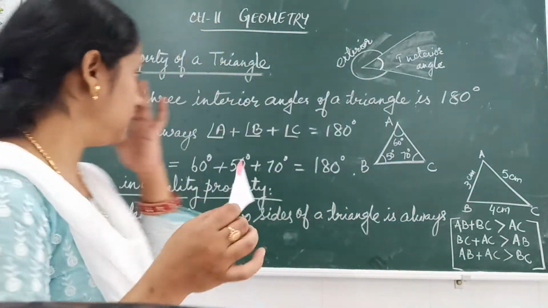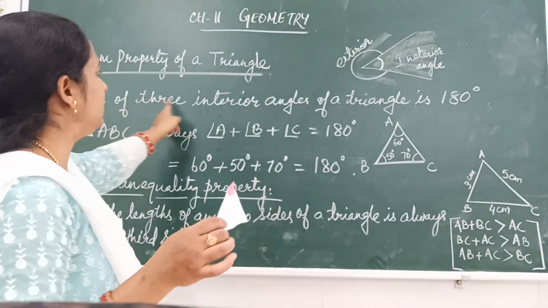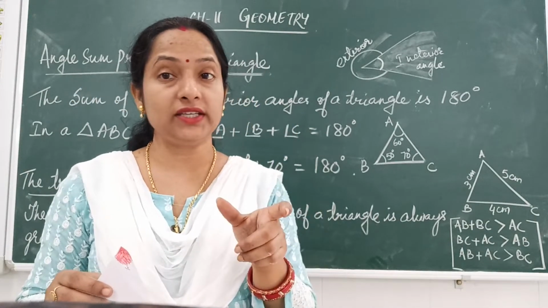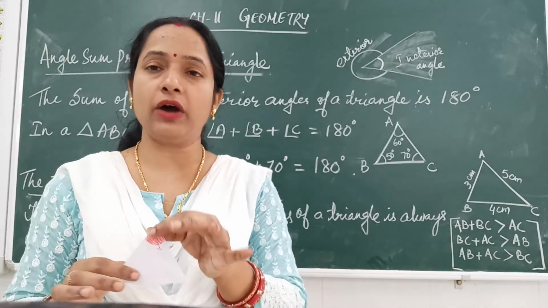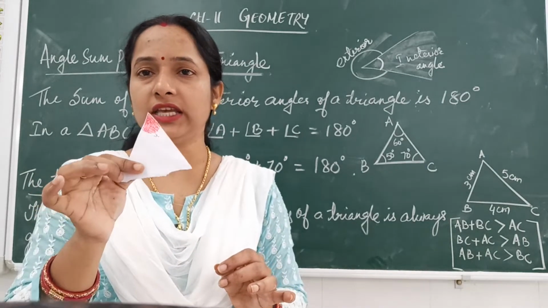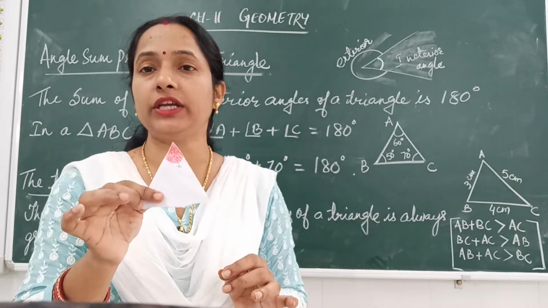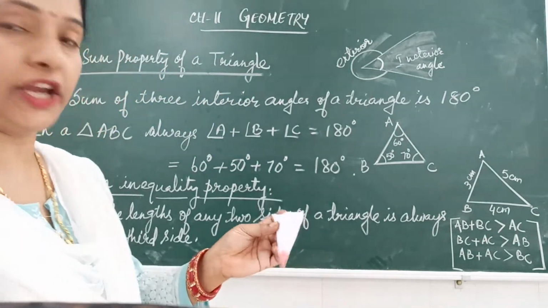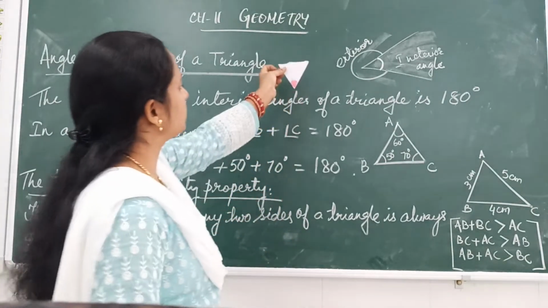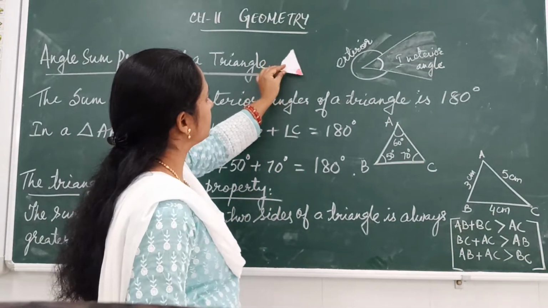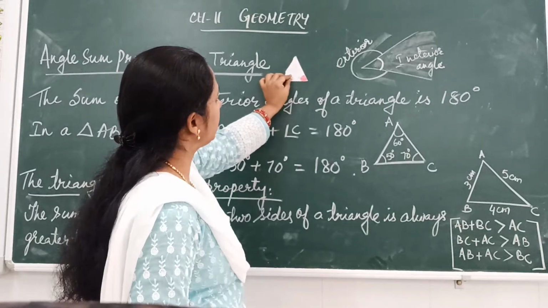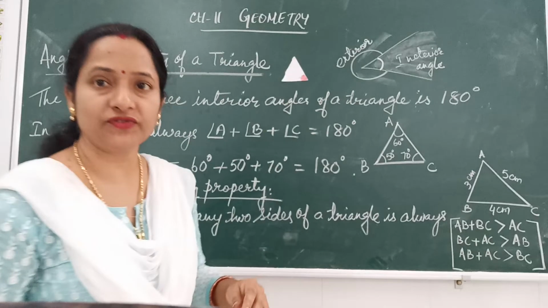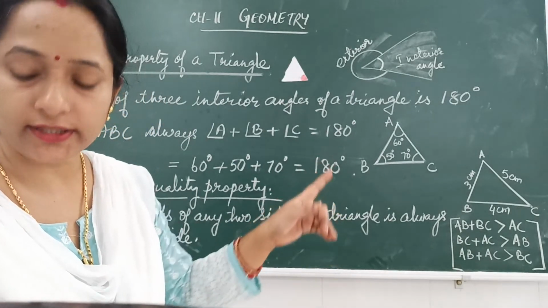Now what is the aim of separating these angles? Already we have learnt in this angle sum property that the sum of the interior angles of the triangle is 180 degrees. As I said, 180 degrees is a straight angle. Now let us check whether these 3 angles are forming a straight angle or not. Now children, you see I am just trying to paste it here. Like this one is angle A, isn't it? So I am just placing the angle A like this, right? Good, it is visible, its angle is red in color.